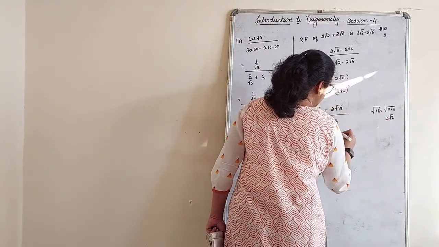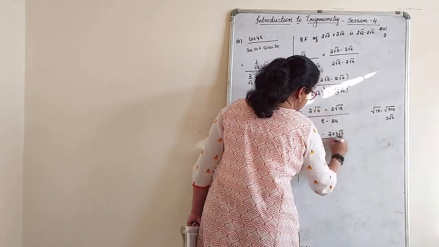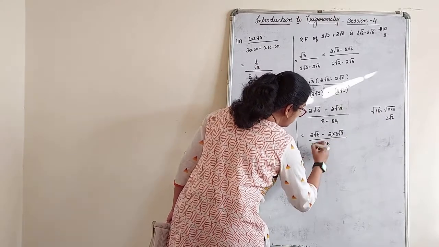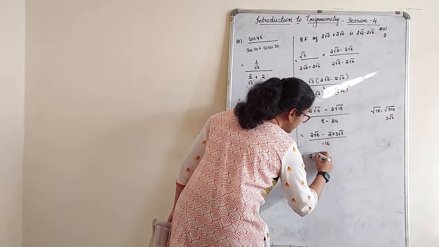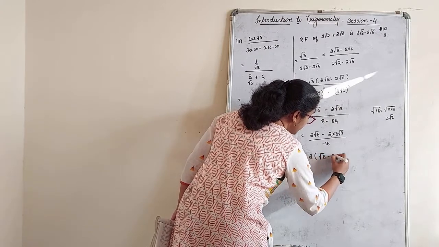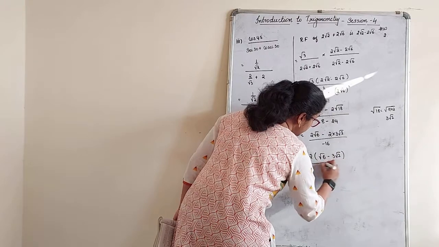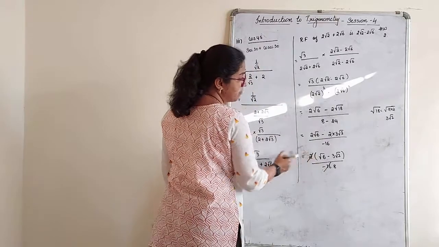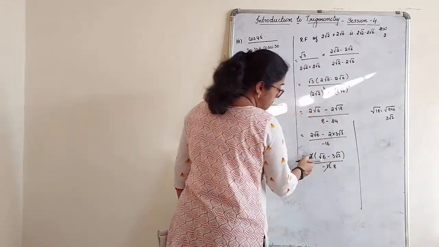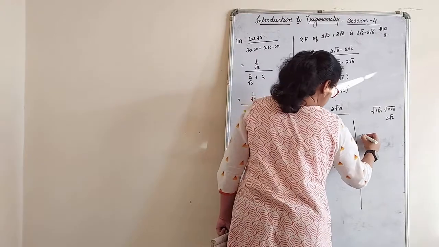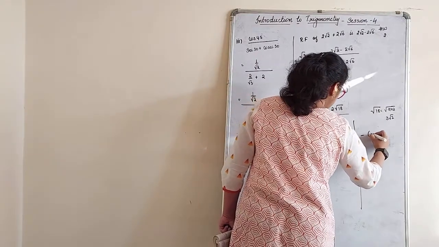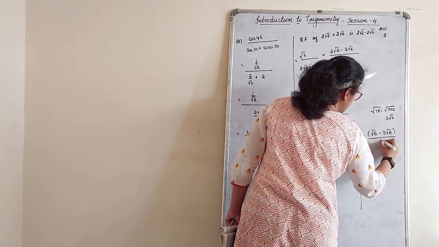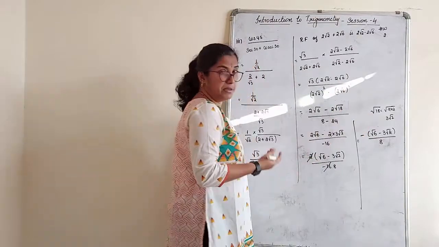So 2 into 3 root 2 divided by 24 minus 8 minus 16. So 2 I can take common here. If I take 2 common, root 6 minus 3 root 2 divided by minus 16. 2 ones are 2, 2 eights are 16. The minus sign will multiply here. If I take the minus sign overall, this will be minus root 6 minus 3 root 2 divided by 8. Right? I can keep the minus outside.